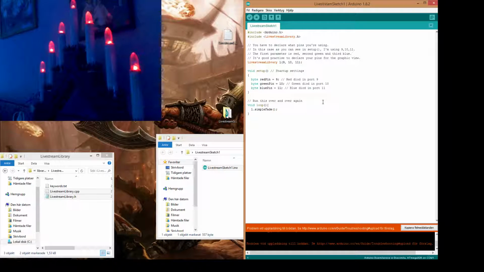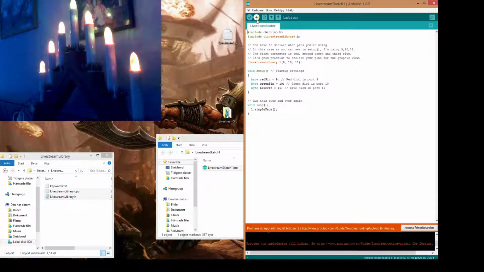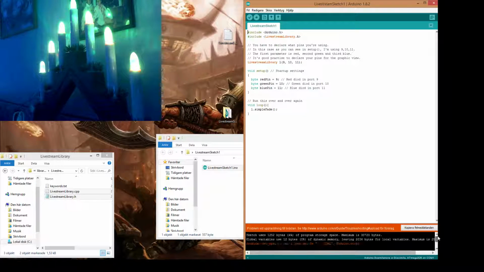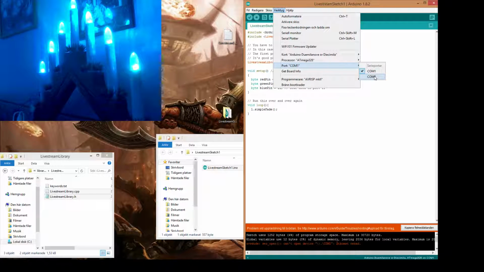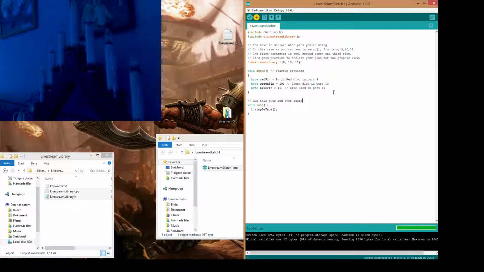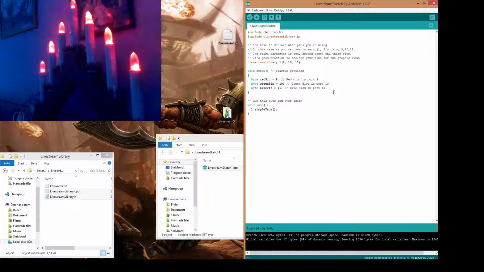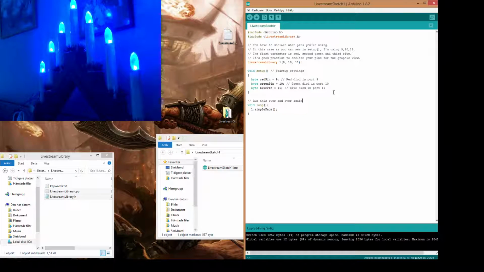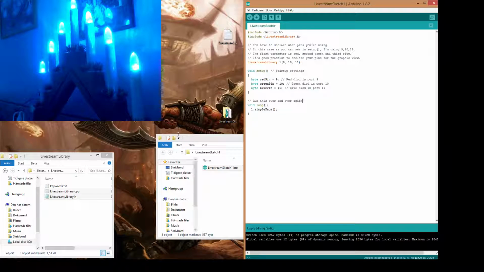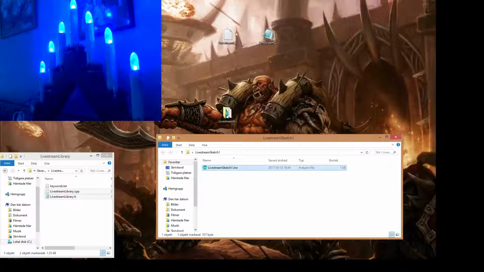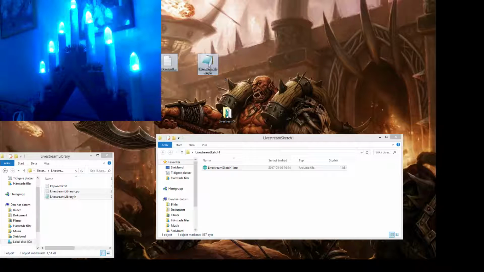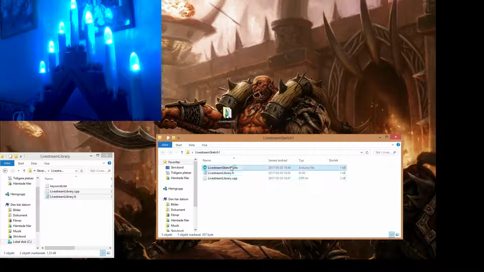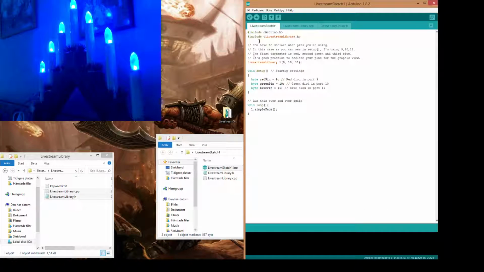That was a terrible mistake. I didn't even have the Arduino connected to the computer, so it's gonna be COM 3. Yeah, exactly, COM 3. So right now we're gonna try our new one, because the one you saw was not the new one. Yeah, I mean it does not do what I wanted, so that's fine because I was expecting that. So let's try again. Let's see what's wrong, because I totally forgot that